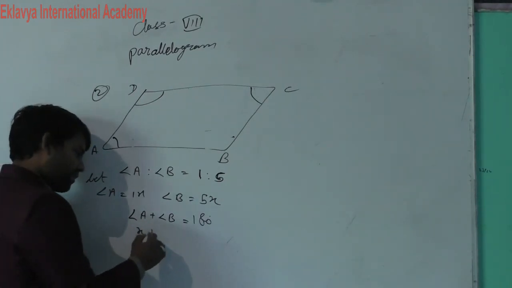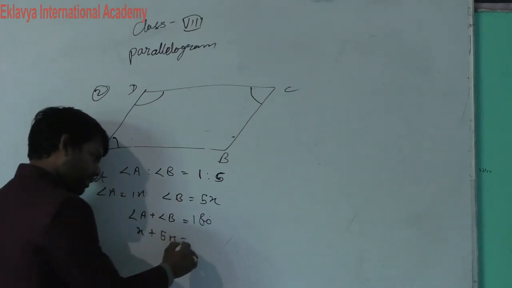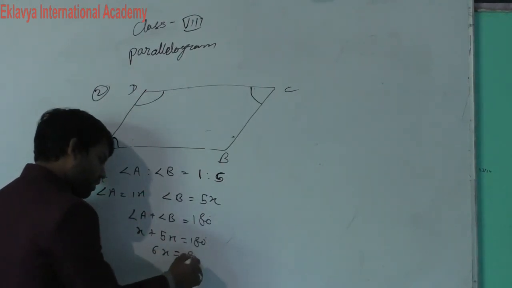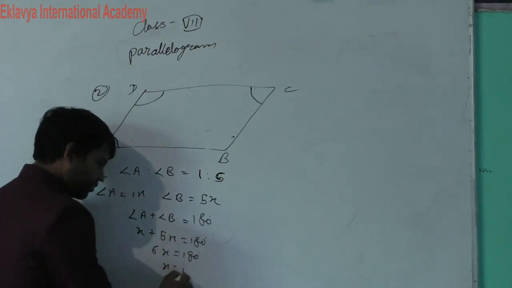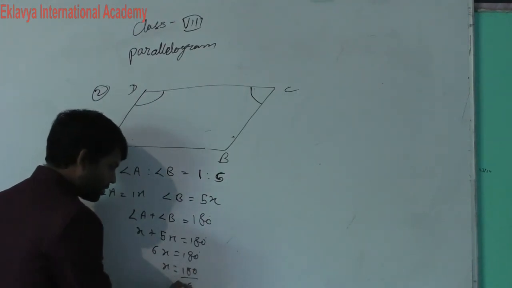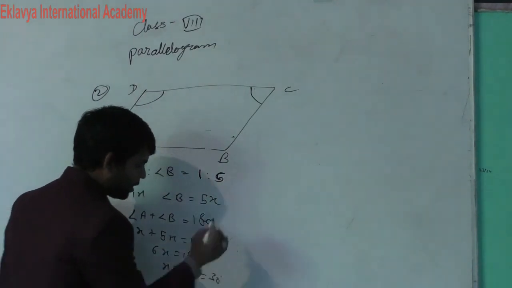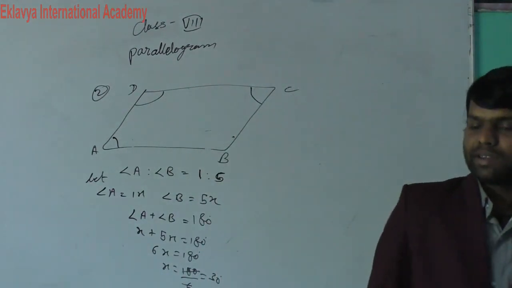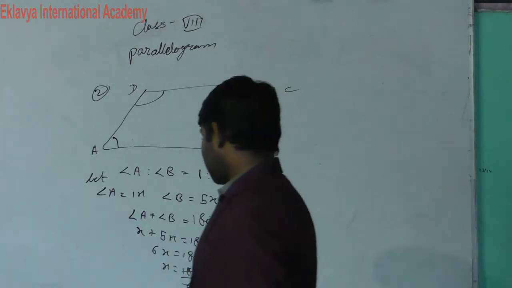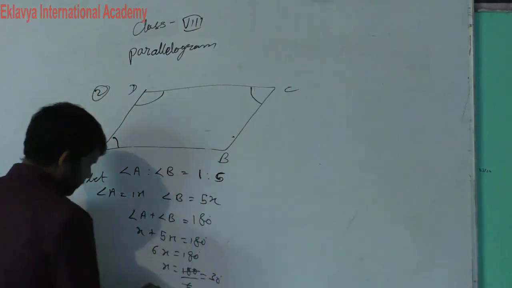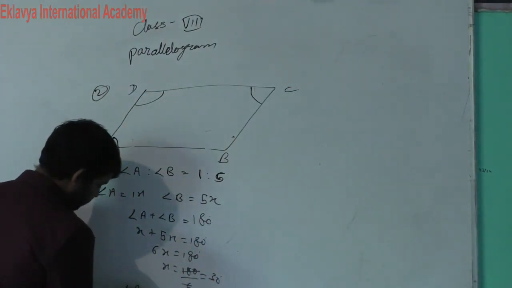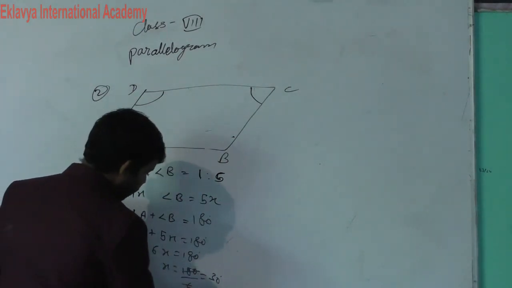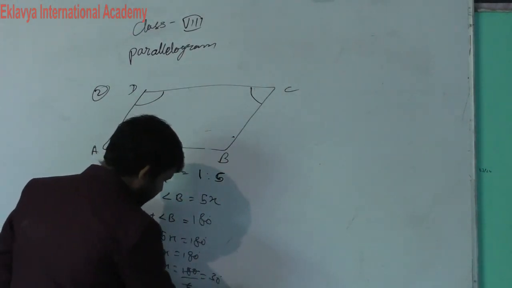Angle A is x, angle B is 5x, then 6x is equal to 180, x is equal to 180 divided by 6, 30 degree. Here we got it. First angle A is 30 degree. Now angle B is 5 multiplied by 30, then we got it